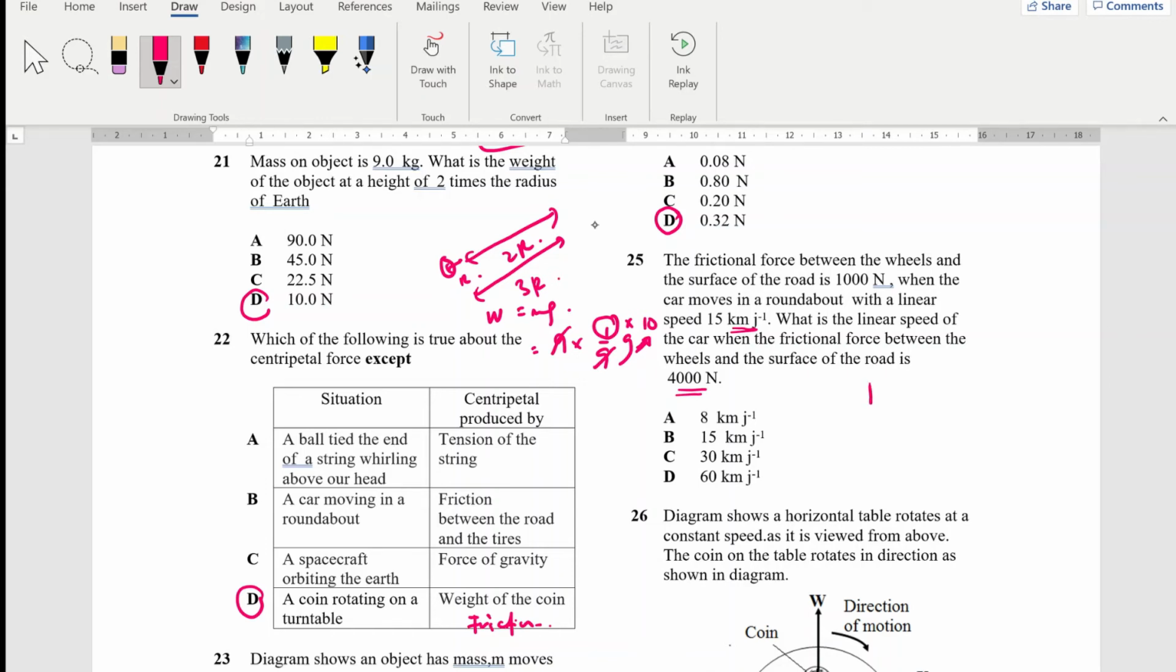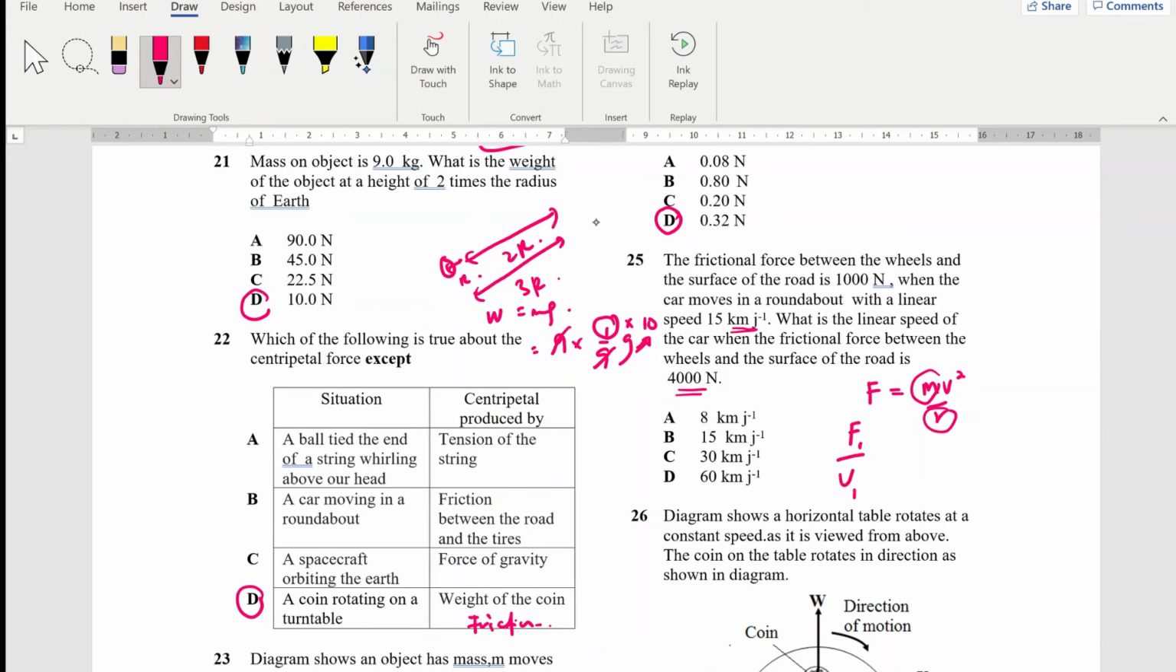Kita tahu F equals to mv squared over r. So sini, car yang sama, the wheels ni car yang sama, so mass dia tak akan berubah. And also dia punya radius pun sama. Jadinya kita boleh buat apa tu nama dia? Kita boleh kata